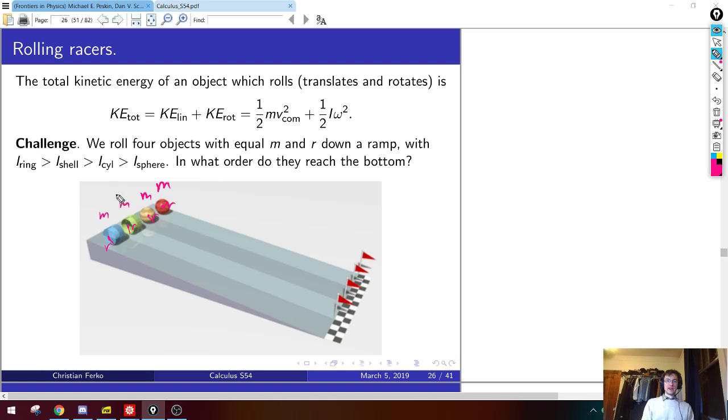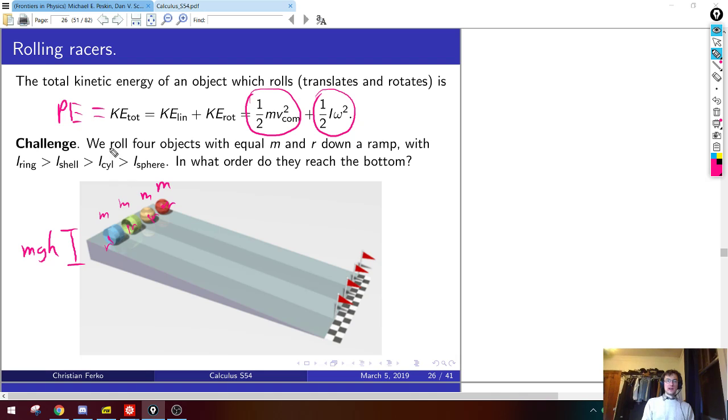But here's what's going to happen. These guys start with some potential energy, which is basically mgh, for the initial height. So the potential energy is going to be converted into kinetic energy for each of them. But the kinetic energy for an object which is both moving and rotating is a sum of two terms. It's a 1/2 mv squared for the translational motion, the moving down the ramp, and then a second term, a 1/2 I omega squared for the rotating.